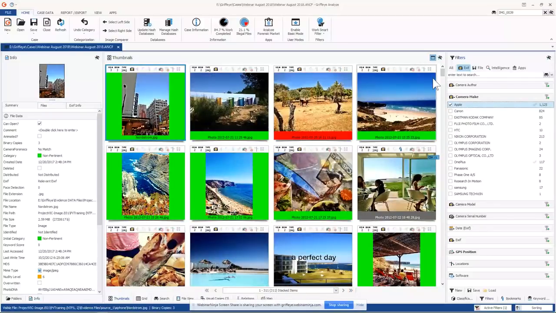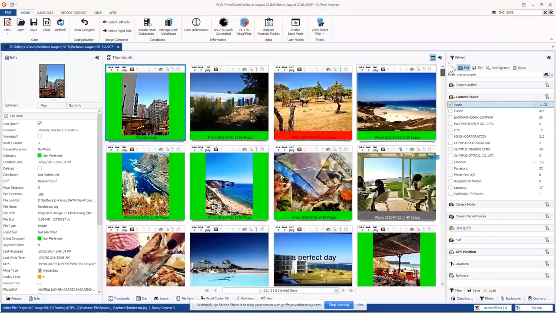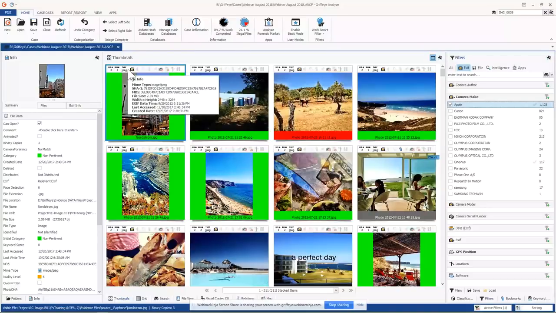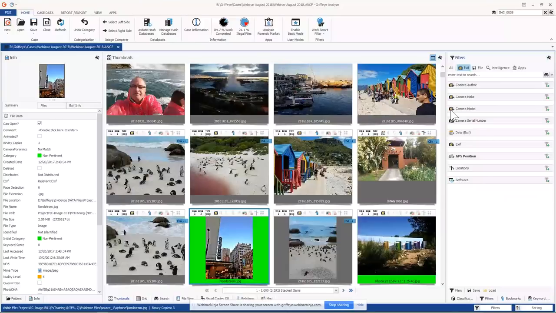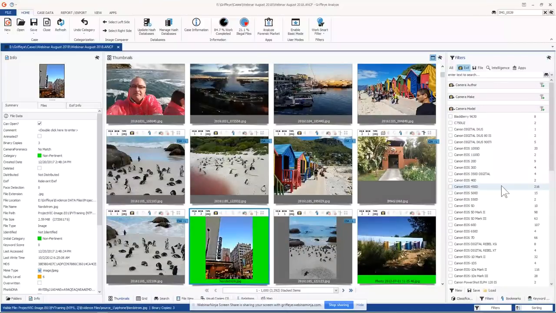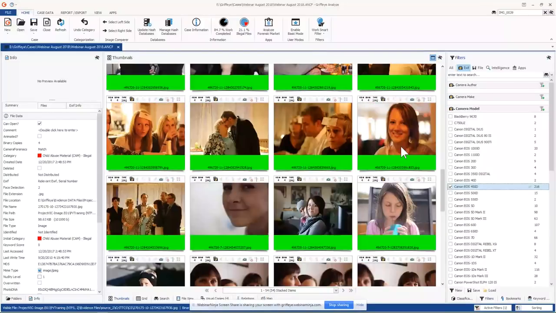And now I have just filtered my view down to just the pictures that have been taken with an Apple product. And I can hover over the thumbnail header icons and say, hey, here it is. This happens to be an iPhone 4S. But that's a quick way to filter down to that. You can also, if I close this, go down to camera model. If you happen to know what the camera model is, let's say you saw or seized a Canon EOS 450D out on scene and you want to see what photographs it has taken, you can do that as well.